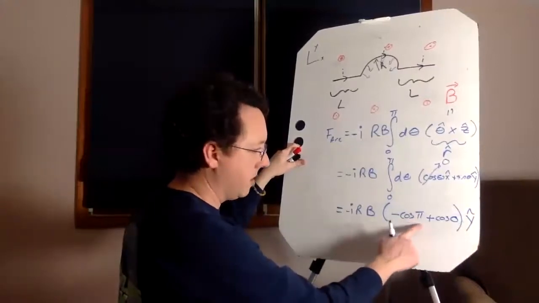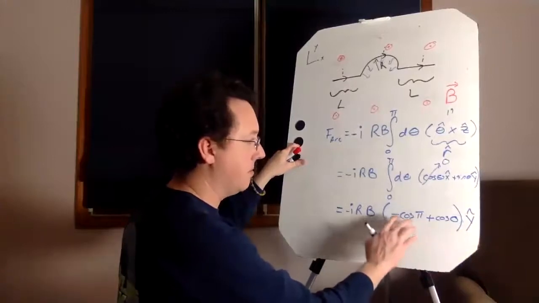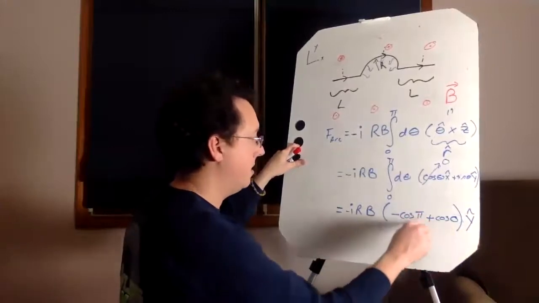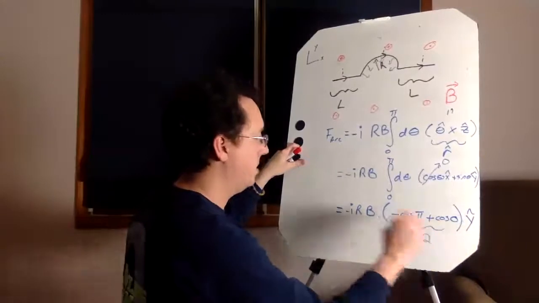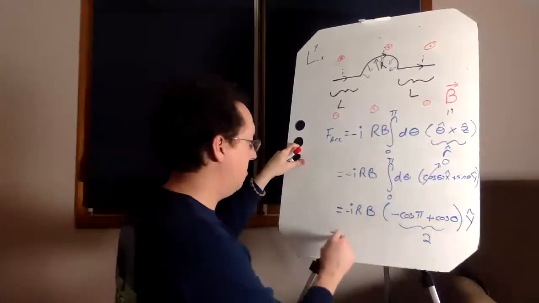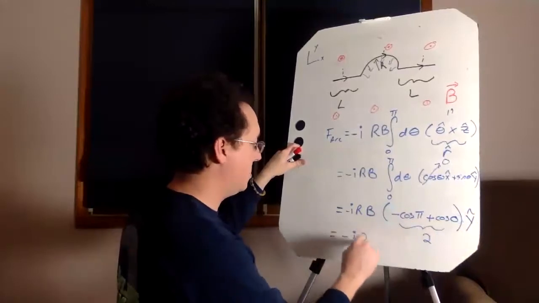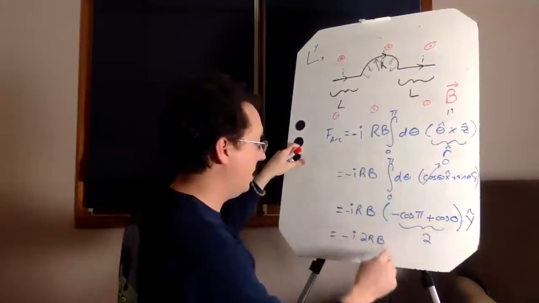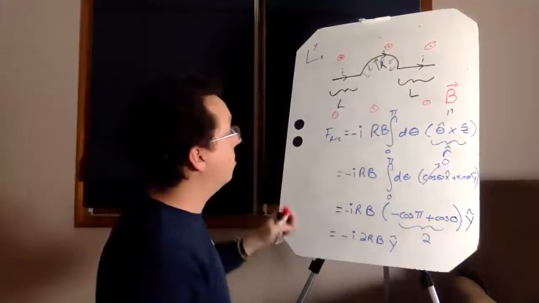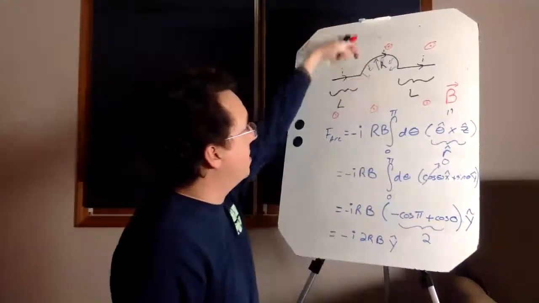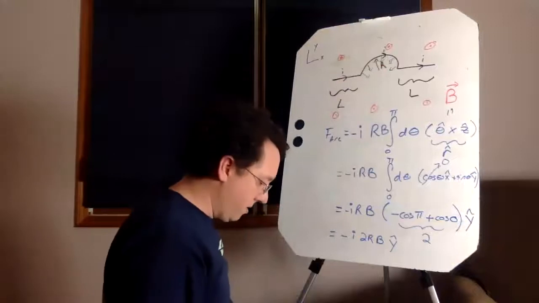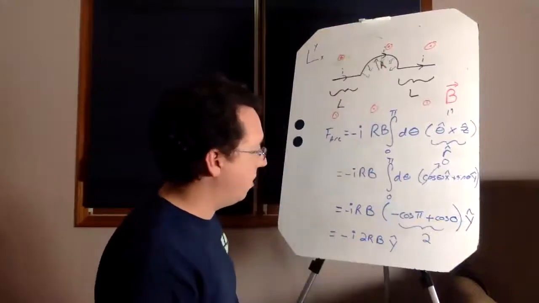But cosine of pi is -1, so this is a double negative. It becomes 1 plus 1. This is just a 2. And so I get minus I times 2r times b y hat. So as indicated by the picture, the little force acts downwards, and it's equal to 2IRB,